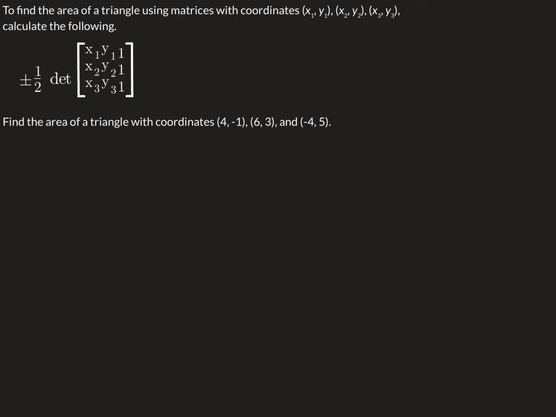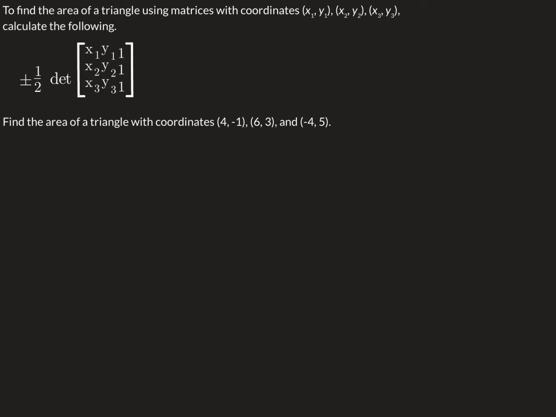Now the reason we have a plus or minus is because sometimes the determinant, when it pops out, is negative, and we need to make sure that we have a positive result. So whatever the determinant pops out, we take 1/2 times that, and then we make sure it is a positive